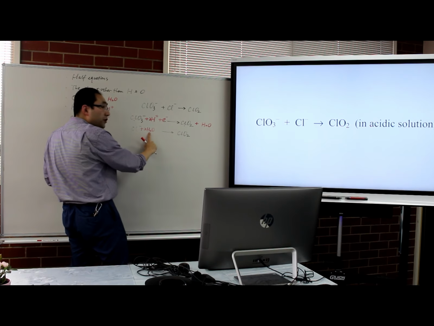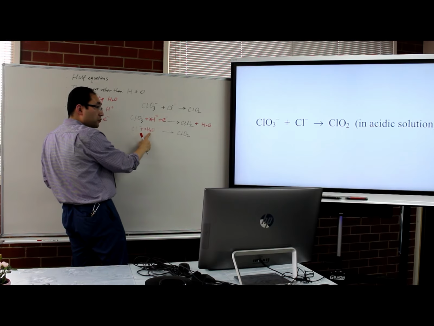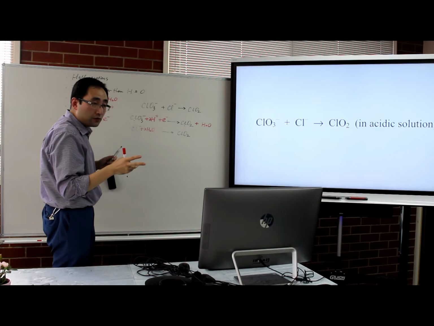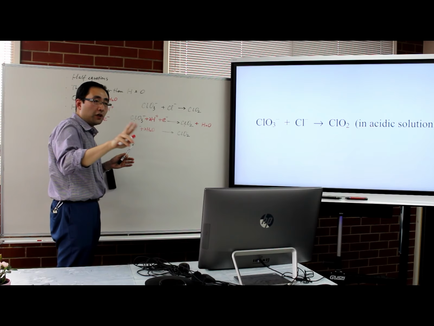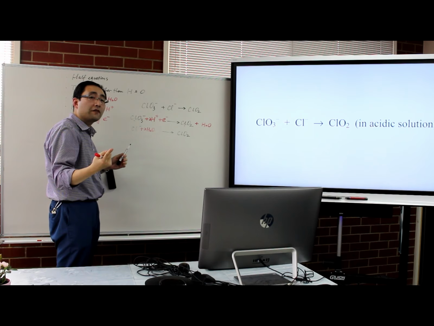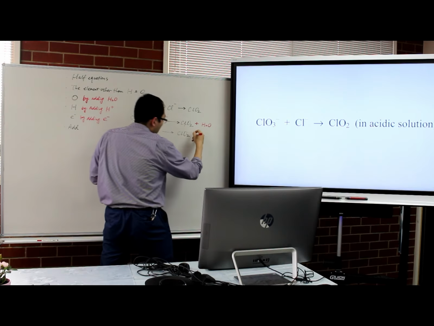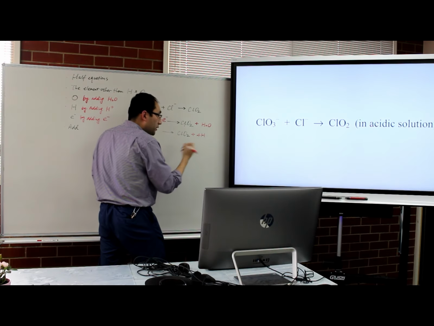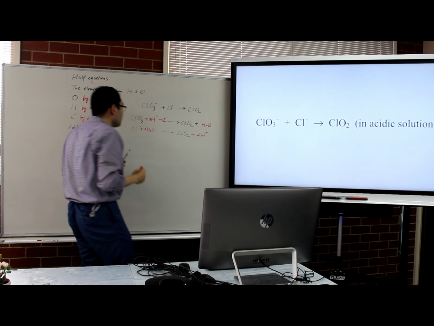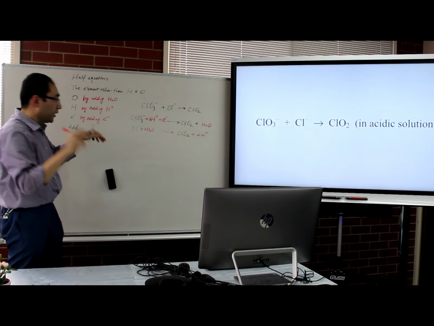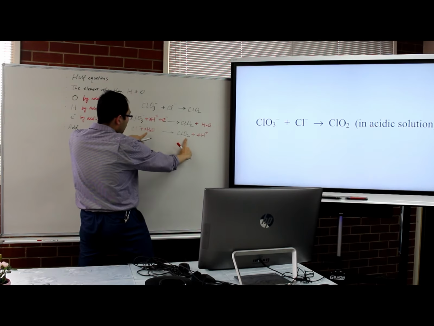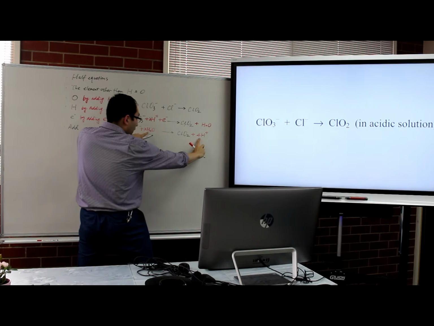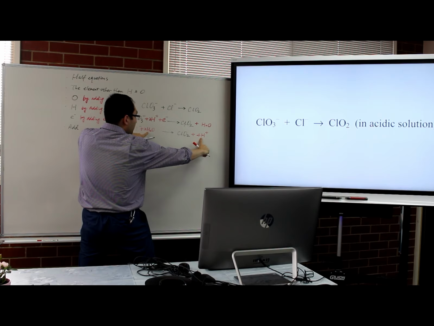How many H do we have here? We have 2 water molecules. In each water molecule, we have 2 hydrogen atoms. Now what it means is we have 2 people. Each person has 2 kidneys. How many kidneys do we have in total? 4. Which means on the other side, we need 4 hydrogen atoms or ions. Yeah, we need ions at this stage. Now check again. 1 chlorine, 2 oxygen, 4 hydrogen atoms, and then the next step is to look